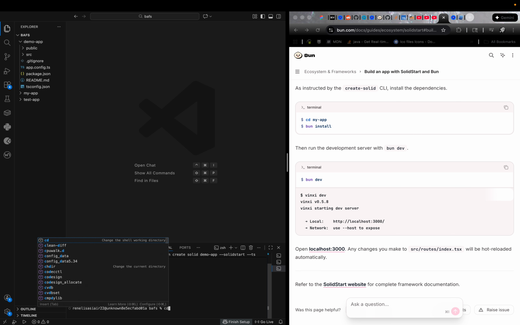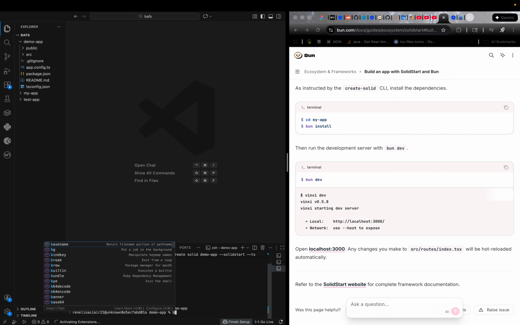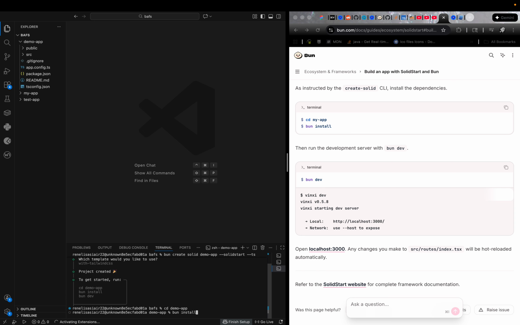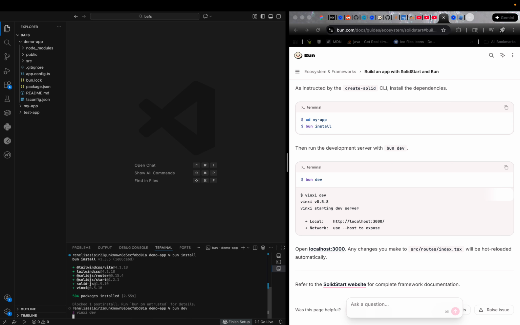So in your terminal, assuming that you've already installed Bun and everything else that you need to. This is for when you're kind of starting to get familiar and you now want to integrate these technologies, because they are pretty much the state of the art when it comes to web development. So let's begin. I will do bun create